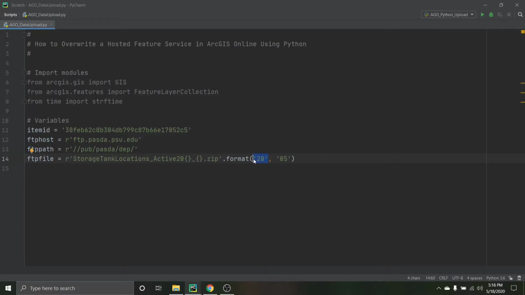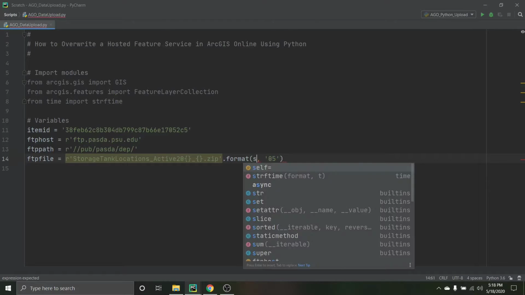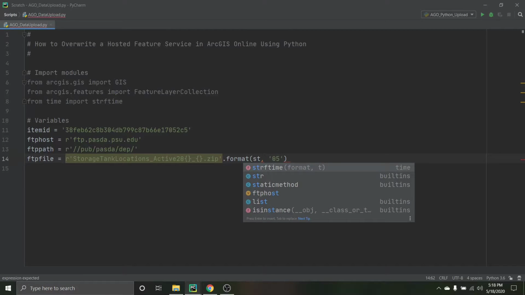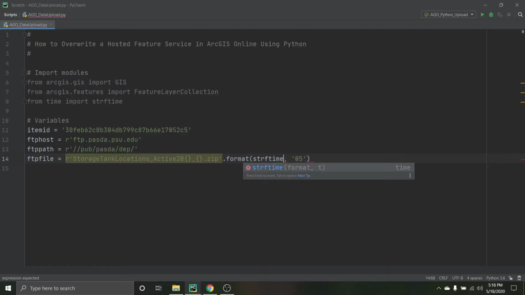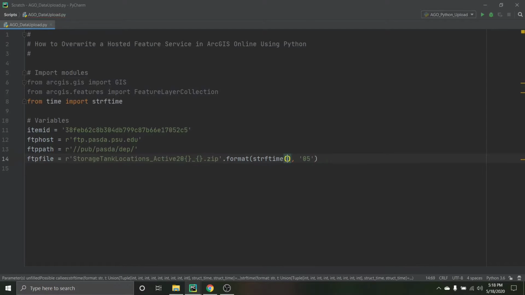But obviously that won't work, so instead we're going to use that strftime trick there, and do another set of parentheses,